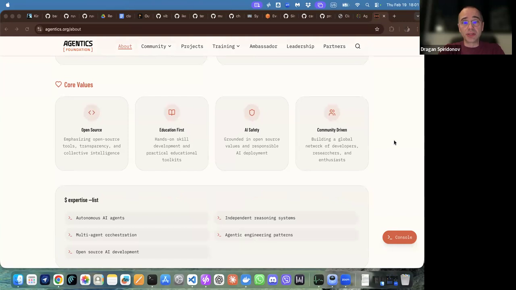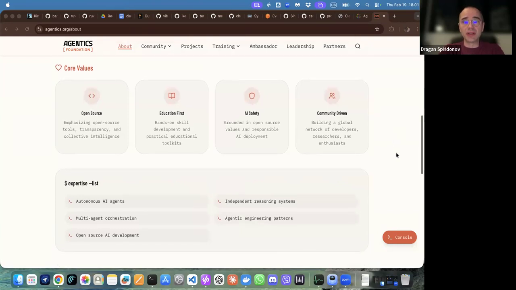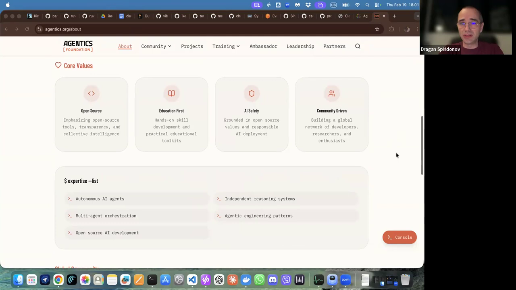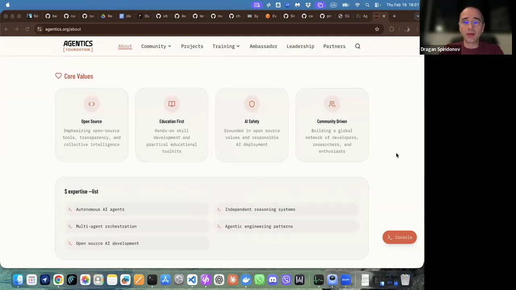Most of the contributions are open source. We are education first, grounded in open source values and responsible AI deployment. AI safety and ethics are really important topics. Everything is community driven. We are building a global network of developers, researchers, and enthusiasts.